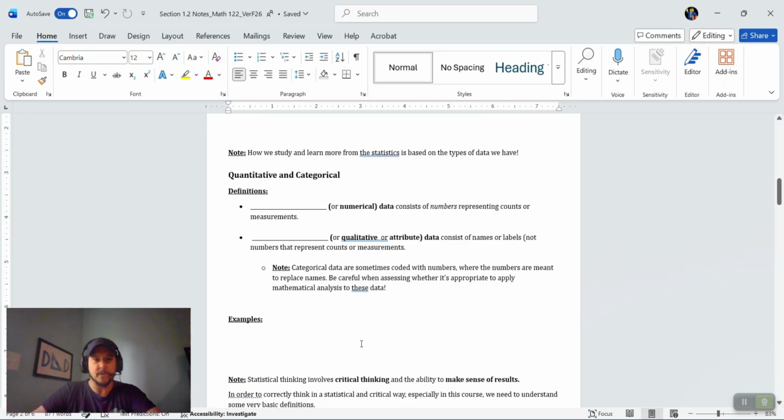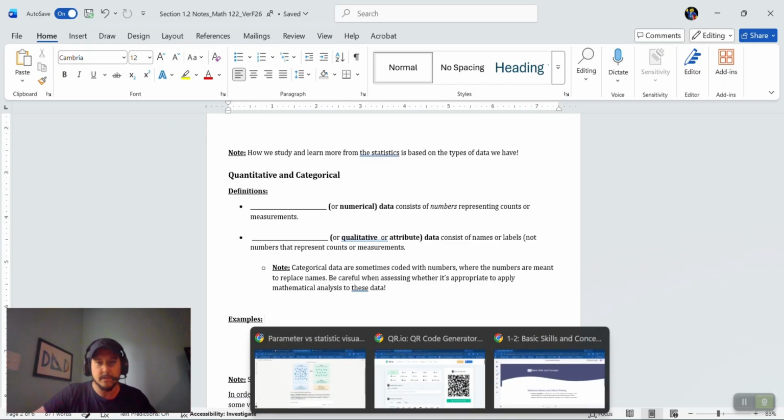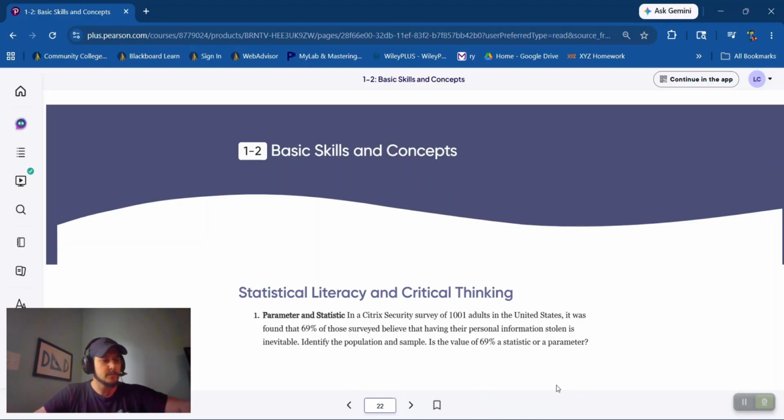So I made a note to reference a table in the textbook. Let's see if I can get the page number for that. So this textbook, the back of the textbook has answers to odd problems, but it also has data tables such as for the normal distribution, the chi-square distribution, and so on and so forth. But there's also an appendix for data sets. And the data set that I wanted to use for this